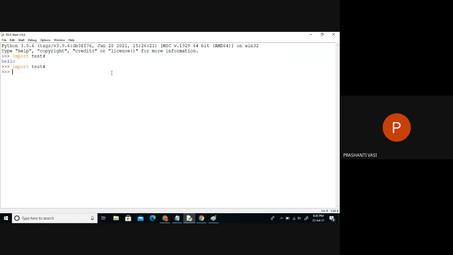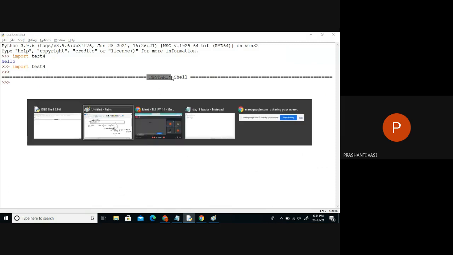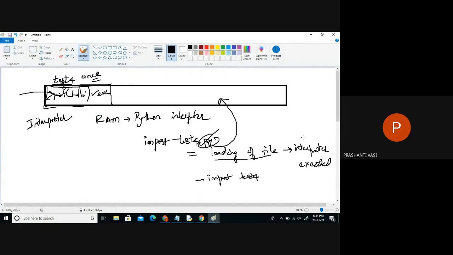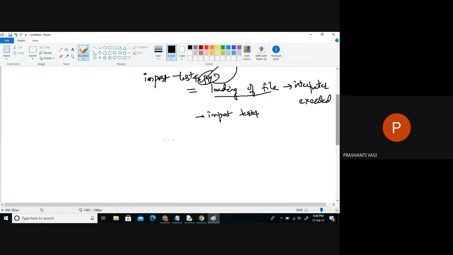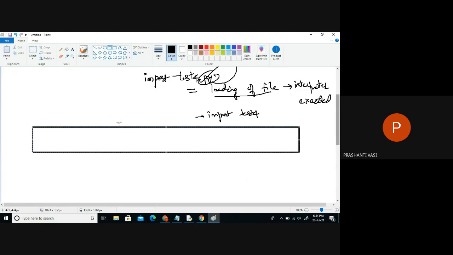If you want to see the output once again, there is one more way: you restart your shell. The shell has some options here. You have an option to restart the shell. You can press Control F6 or click on this one. When you do this, it restarts the Python interpreter. The interpreter which we were running till now, which had a file on it, has been restarted. The whole Python interpreter is started once again, and now nothing is found inside this software. It's empty now.